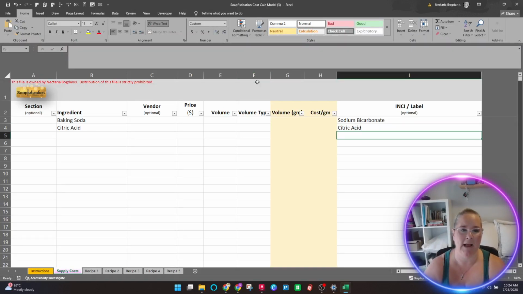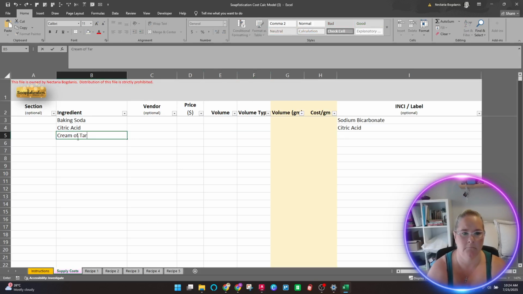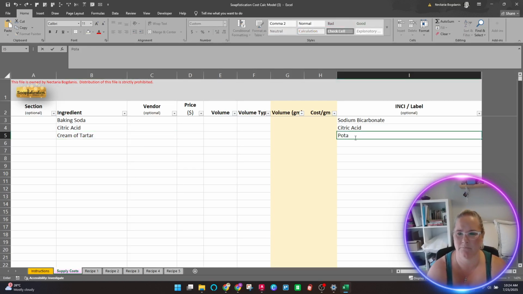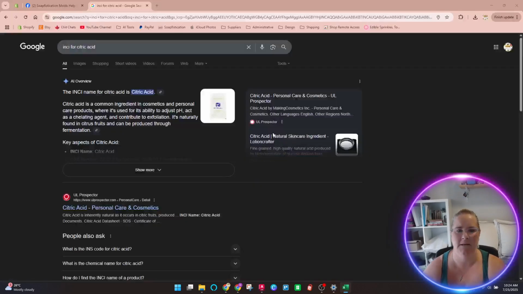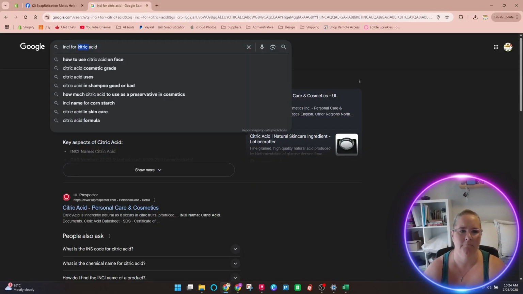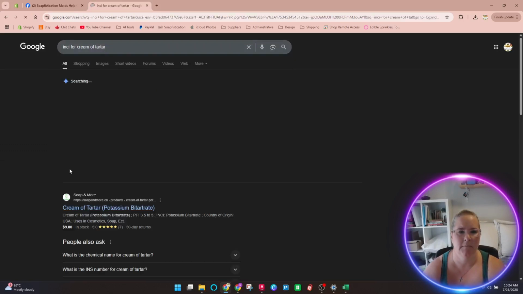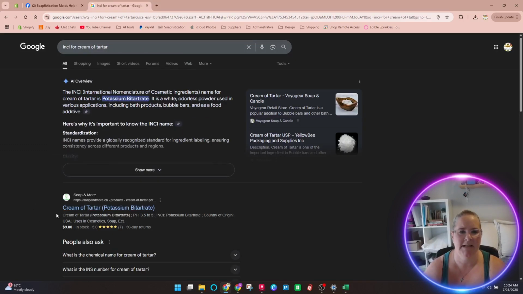Okay, I know I'm going to have cream of tartar. Is it AR or, oh, I think it's AR. And that's potassium bitartrate or something like that. Let's see. Potassium bitartrate. Here it is.